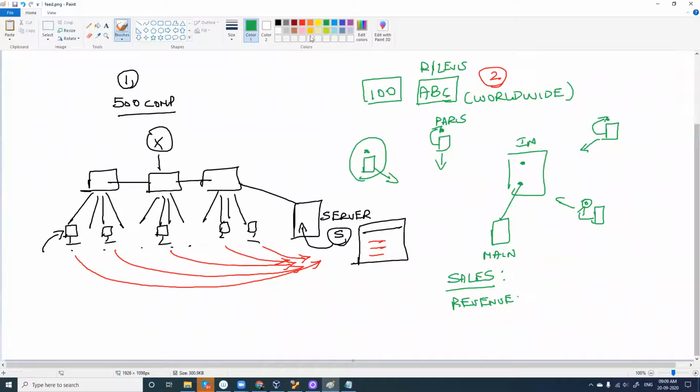But in case we have Splunk, the main Splunk is installed here. And in the branches I'll not install the main Splunk, but I'll install something called a Forwarder. Forwarder is a very simple tool which comes with Splunk. It will just forward the traffic from here to the Splunk. A forwarder here, a forwarder here, a forwarder here. Now Splunk can give me the exact numbers, I don't have to calculate. It gives me real-time data of how much sales and revenue has occurred.